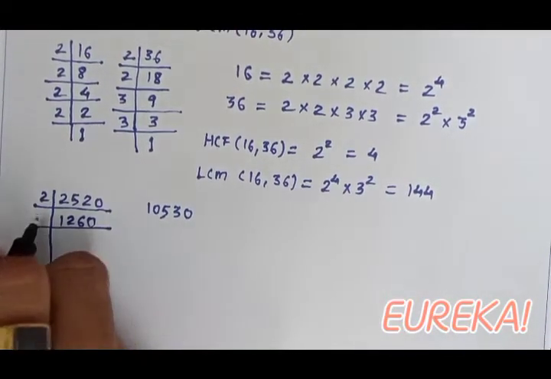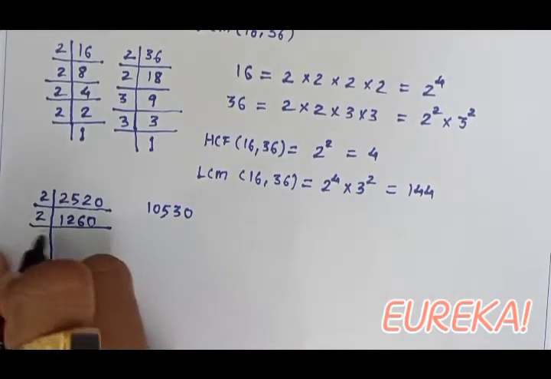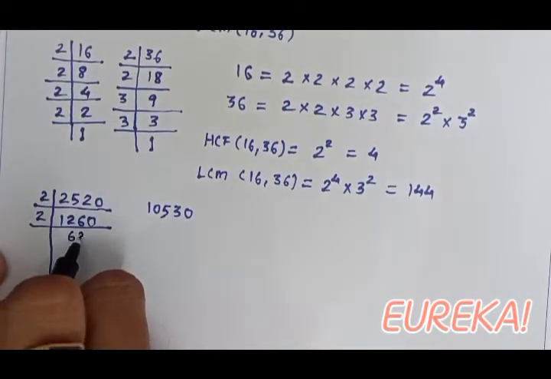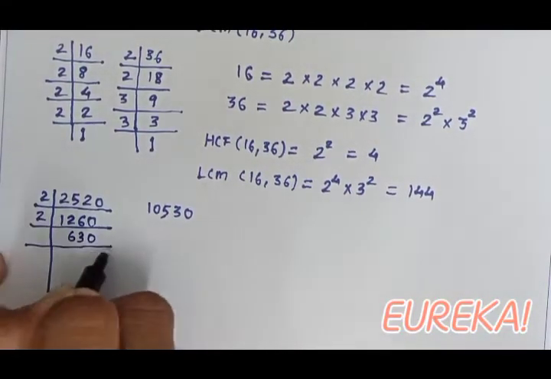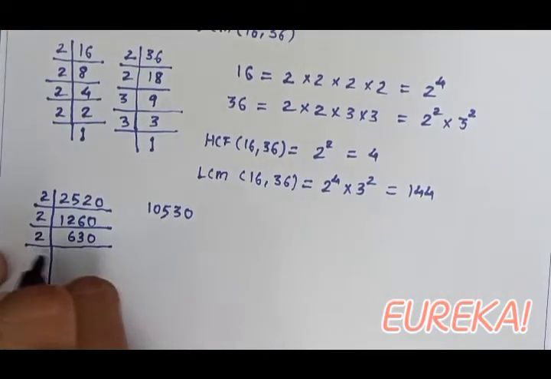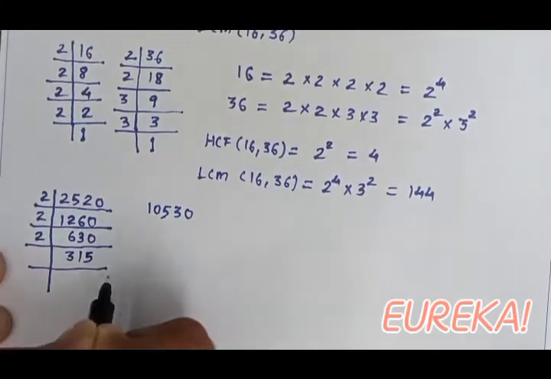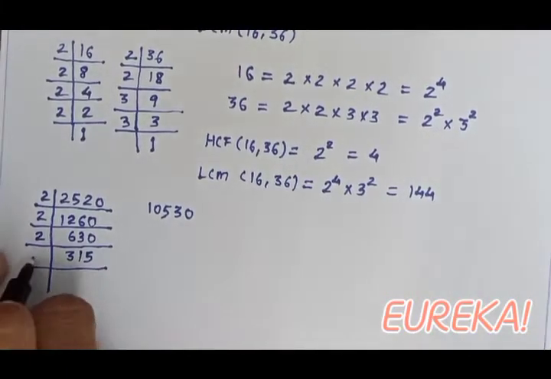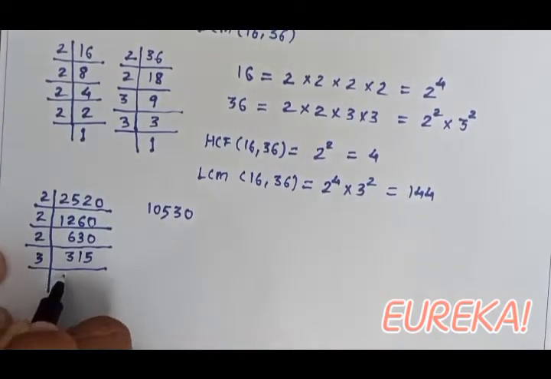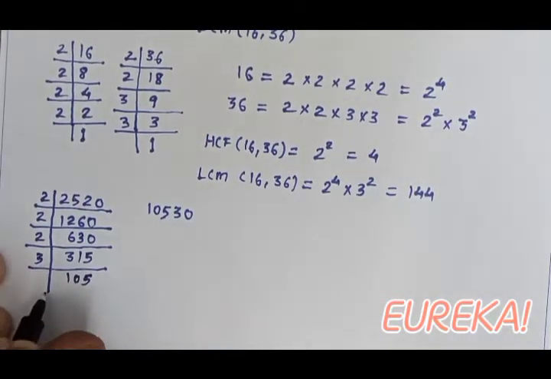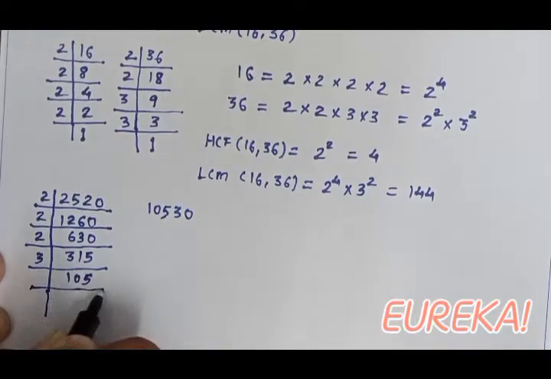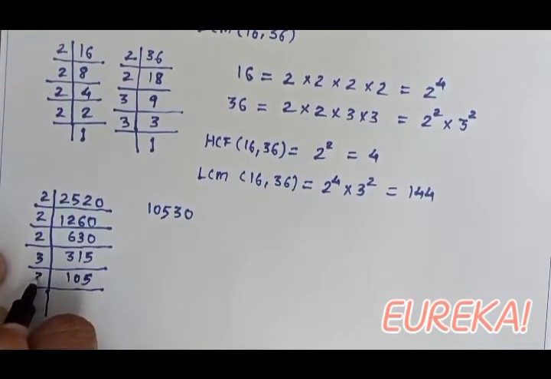Dividing by 2, again as it is even, we get 630. It is again even, so dividing by 2, we get 315. Now 315 is an odd number, but it is divisible by 3, so dividing by 3, we get 105. 105 again can be divisible by 3, so dividing by 3, we get